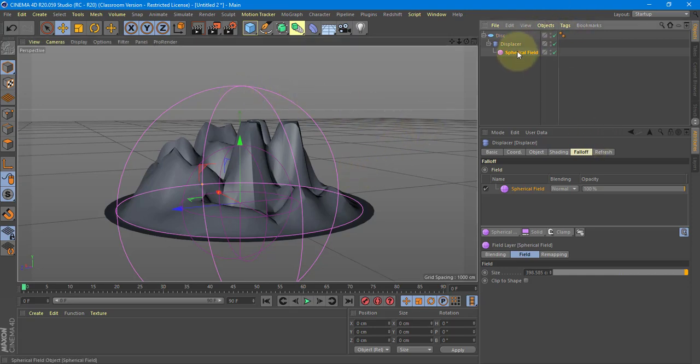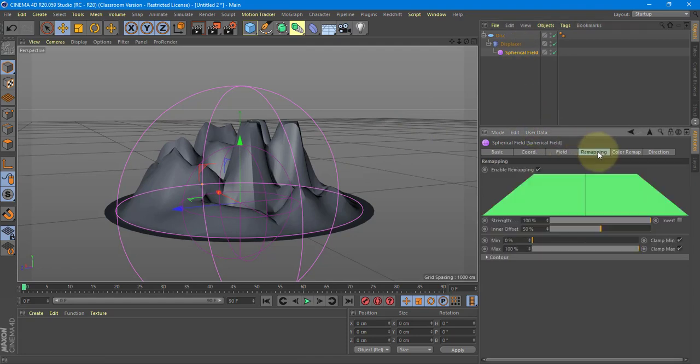So if I go to the spherical field and I go to remapping, this area here allows me to control what is being affected and what's not. So if we look at this graph, this is basically saying no affecting, lots of affecting, lots of affecting, no affecting, okay? So right in the middle, this is where it's affected most. I basically want to swap what this is doing. So I'm going to go to contour,